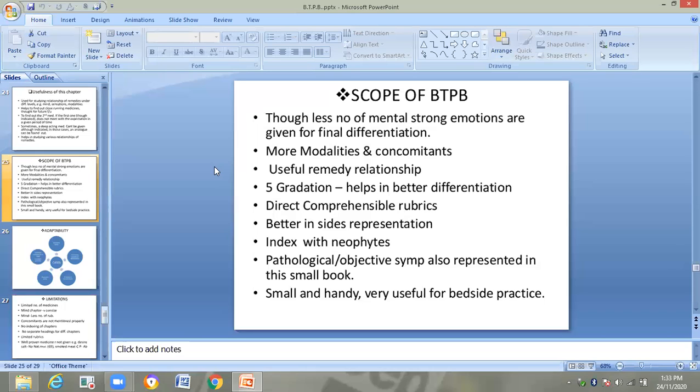The information collected in this book by Dr. Boenninghausen was mainly derived from Hahnemannian work, so it is the most authentic book,